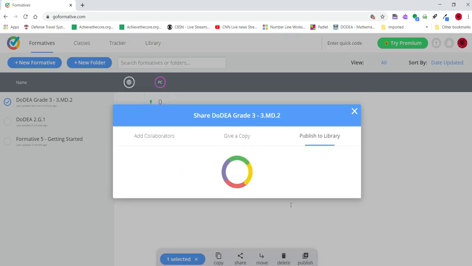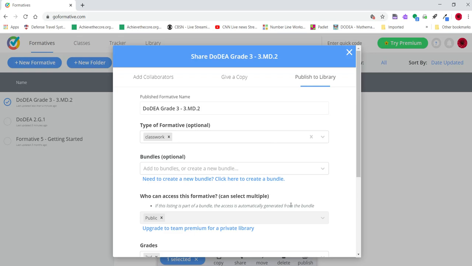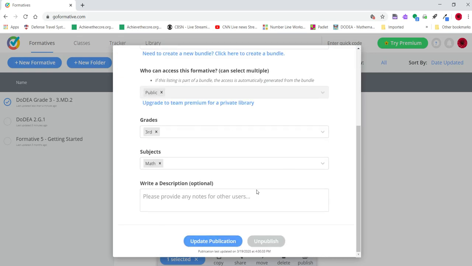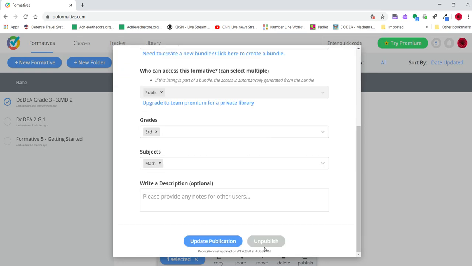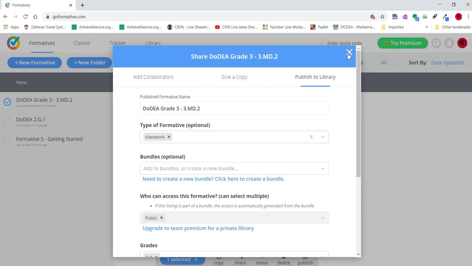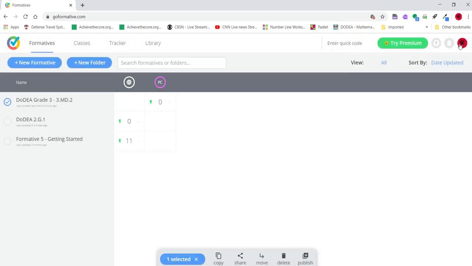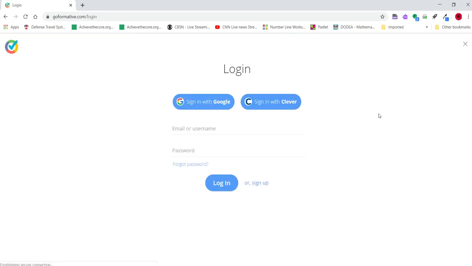So now anybody can see what the work is if they look for it. You could always unpublish it. So if you decide that you no longer want to share it with the world, you can just unpublish it. So I'm going to log out of this account and kind of show you what it looks like once somebody logs in. So I have a second account just to model